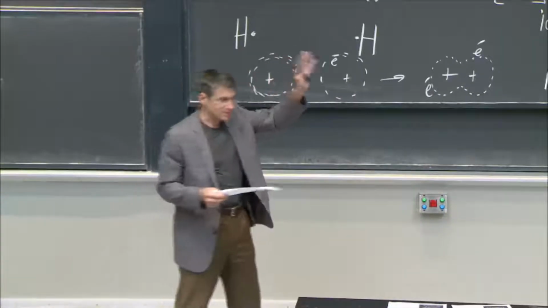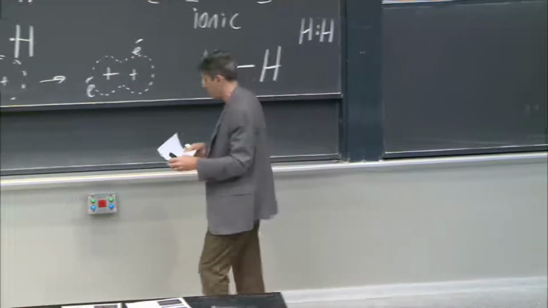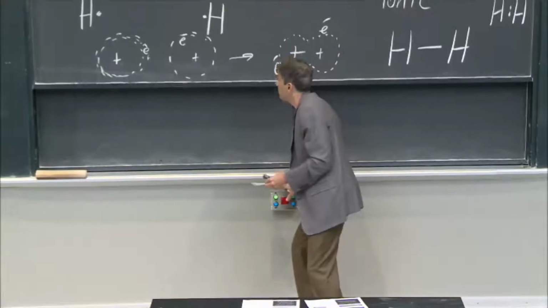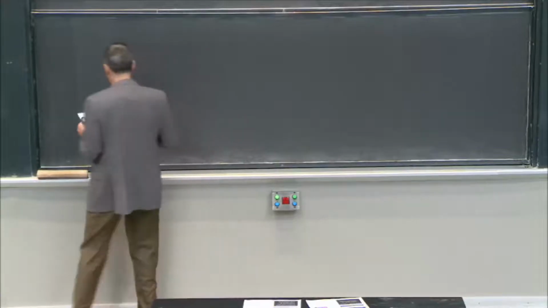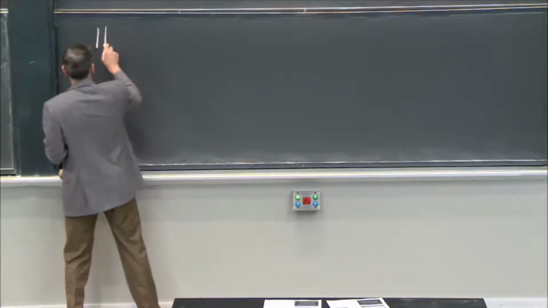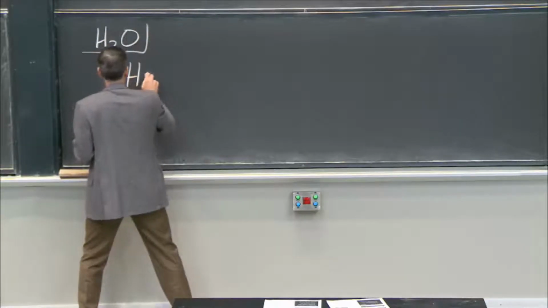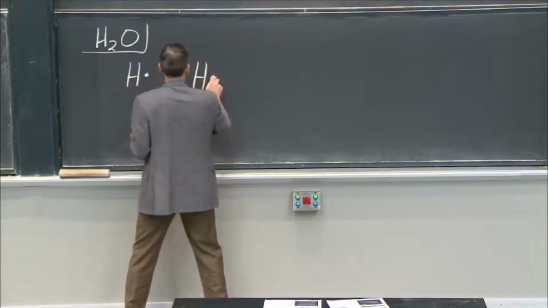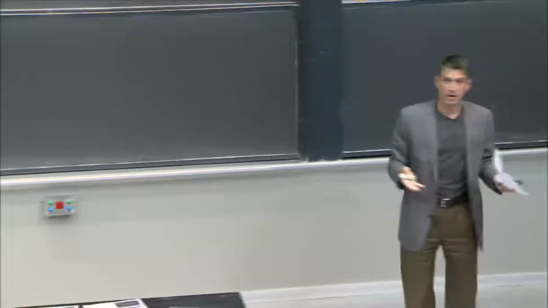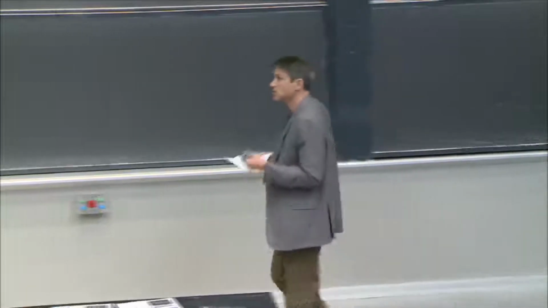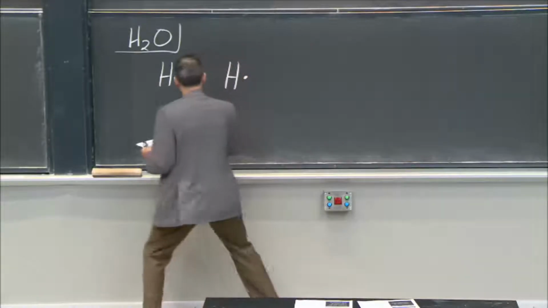Now, okay, so that's nice, but that's hydrogen. What happens when we get to something a little bit more complicated? So let's go to water. Let's go through some examples. Let's suppose I have water. Well, I've got this here, and I've got this here. And now remember, we're going to think about things in terms of Lewis dots, which I introduced to you on Monday. Those are the valence electrons in an atom, which do all of the chemical bonding. So those are the ones we're going to care about.